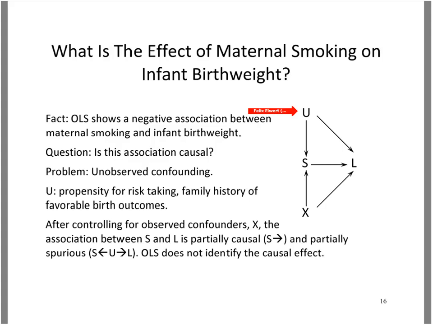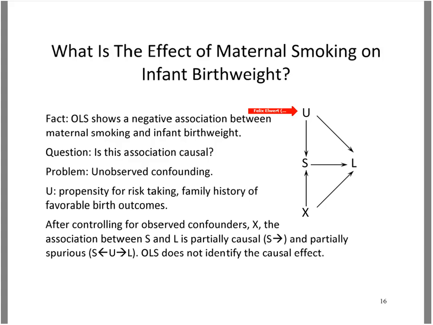The overall association is a composite of three things. First, smoking and low birth weight may be associated because smoking causes low birth weight. Second, they may be associated because of observed risk factors, confounding, and they may be associated through this open path that goes through U